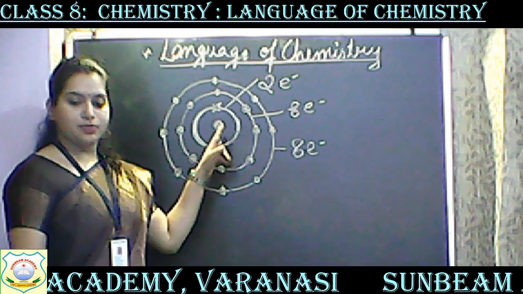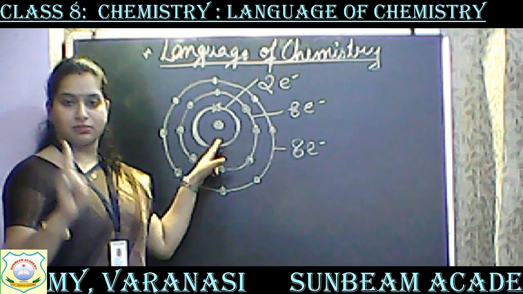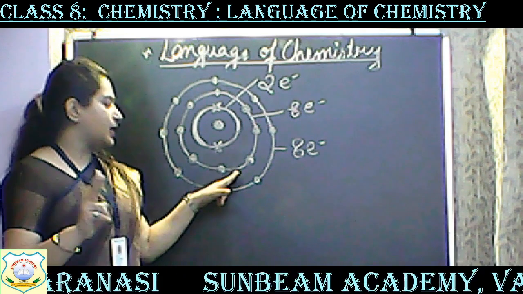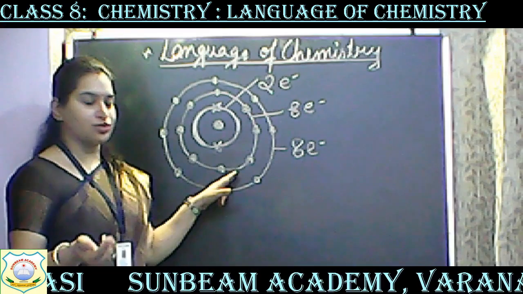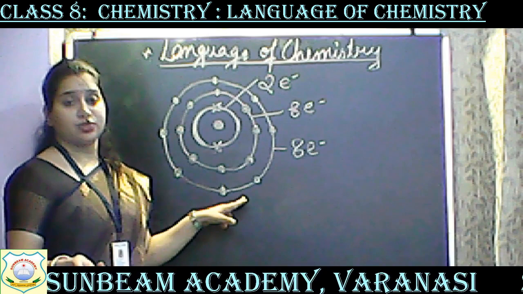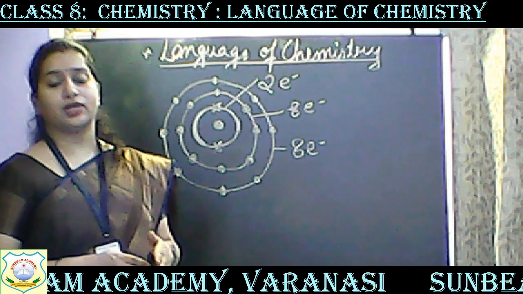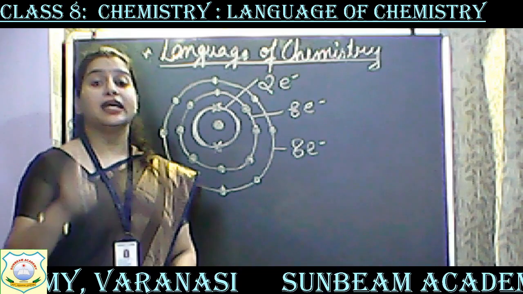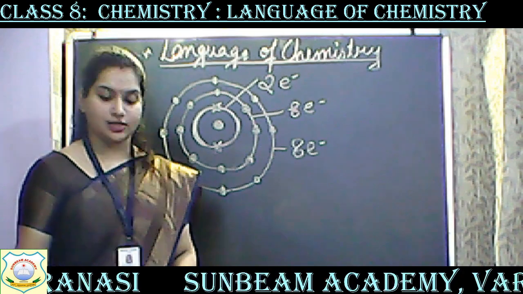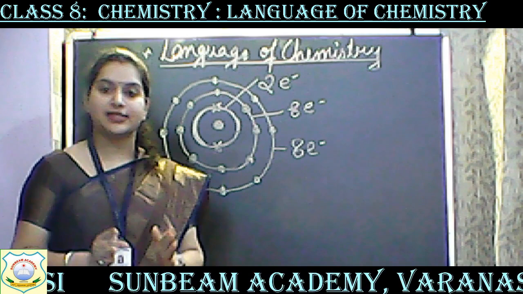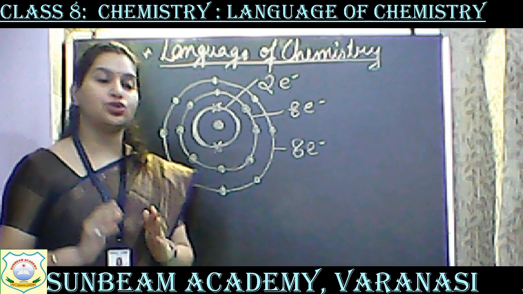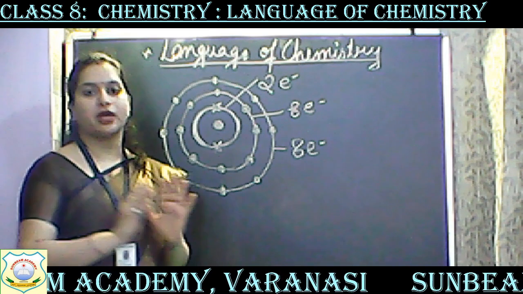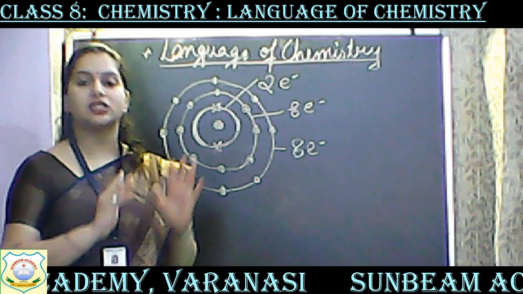तो बीच वाले में, सबसे पहले वाले में सिर्फ मैक्सिमम 2 इलेक्ट्रॉन हो सकते हैं. 8 में मैक्सिमम 8 इलेक्ट्रॉन हो सकते हैं. आउटर में भी 8 इलेक्ट्रॉन्स हो सकते हैं. क्यों होते हैं ये 2 इलेक्ट्रॉन, क्यों होते हैं 8 इलेक्ट्रॉन्स, इससे ज्यादा क्यों नहीं हो सकते? दिस अगेन यू विल स्टडी इन योर हायर क्लासेस. बट फॉर नाउ, फॉर दिस क्लास, क्लास 8, you should know that this is the maximum capacity of these shells.